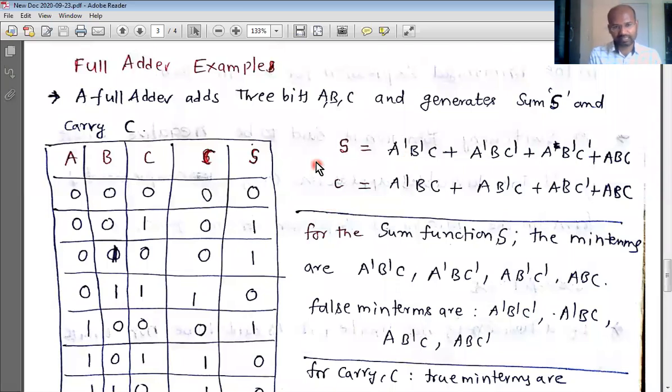First thing is the problem. What is the problem? Building the full adder. What is the next step? That is the question. What is the first step? Building the truth table. That is the first step. In the second step, we transform the truth table into a valid Boolean expression like this. This is the sum expression. This is the carry expression.